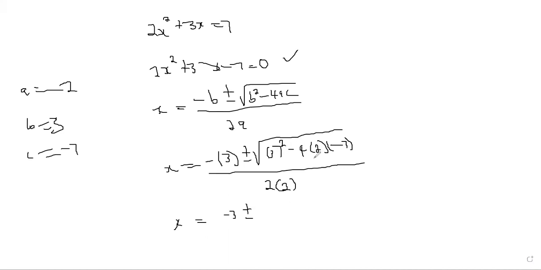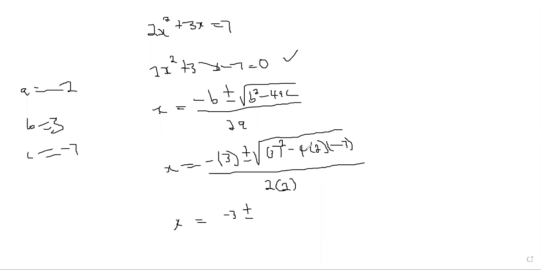what is 3 squared? 3 squared is 9, right? And then this negative and this negative will give you a positive number. So 7 multiplied by 2, that's 14. And then 14 multiplied by 4, and then we still have to subtract 9 from there. So 14 multiplied by 4 is 56.